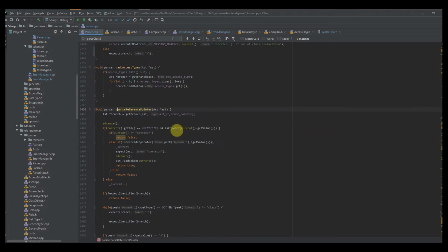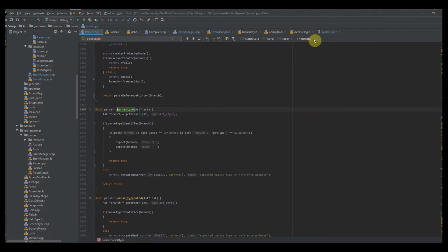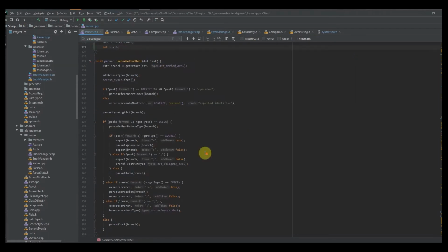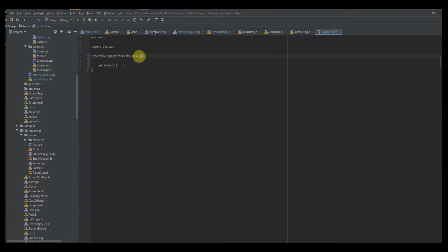So in here, I have a reference pointer. And here's going to be an example of why you want to be careful with how you reuse your functions. As you guys know, I have a concept called utype. So I'm going to search for parse utype. If I do a search for parse utype, that's going to take me to this function. Now, there's a very important reason why in the interface block I'm not using parse utype here instead of reference pointer, because utypes, if you remember, can parse this. So utype is basically any type in the actual language. So utypes can process actual native types. It can process, I don't know, some class,